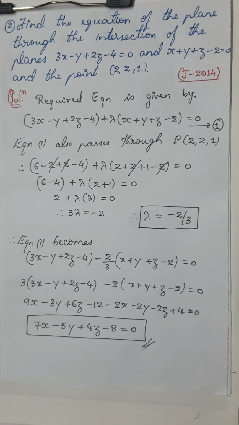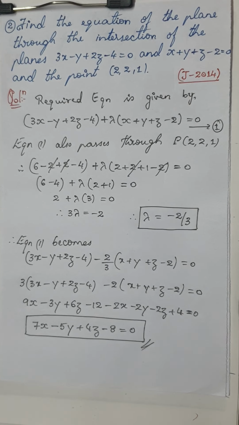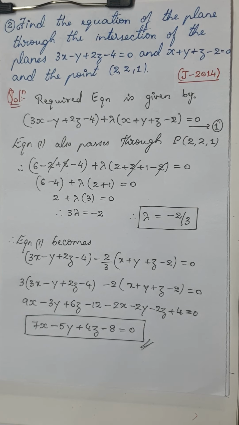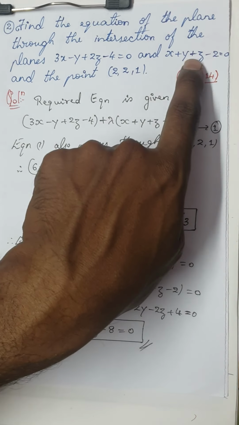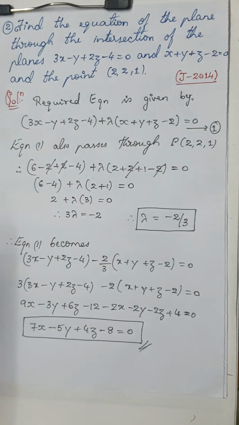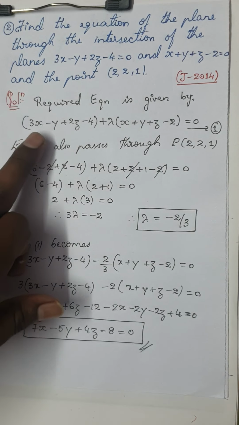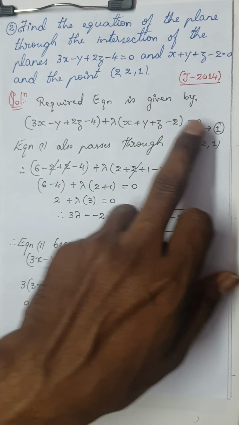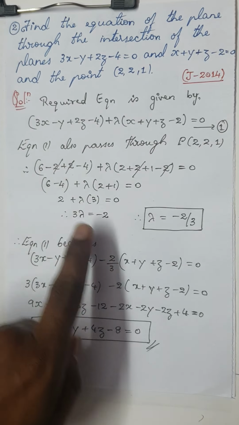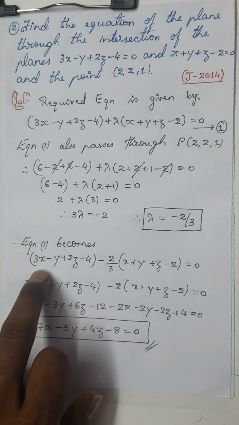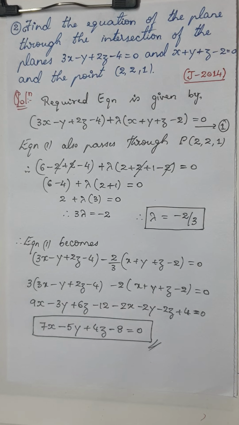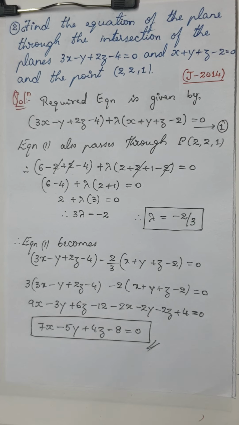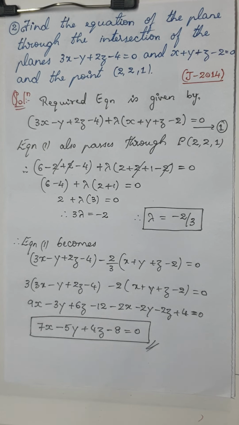Okay, very simple, dear students. This is a very important question, particularly if the derivation is asked on equation of a line. Okay, so if two planes are given, you can write either plane as the first plane, you need not worry. But usually we take the first plane as the first one plus lambda times the other one equals 0. This would be ready. Put the point, you will get the value of lambda. Substitute back for lambda in equation 1 and solve it. You will get the required equation. Okay, simple question. I believe you will definitely be able to do this if they ask you in the examination. Okay, fine.